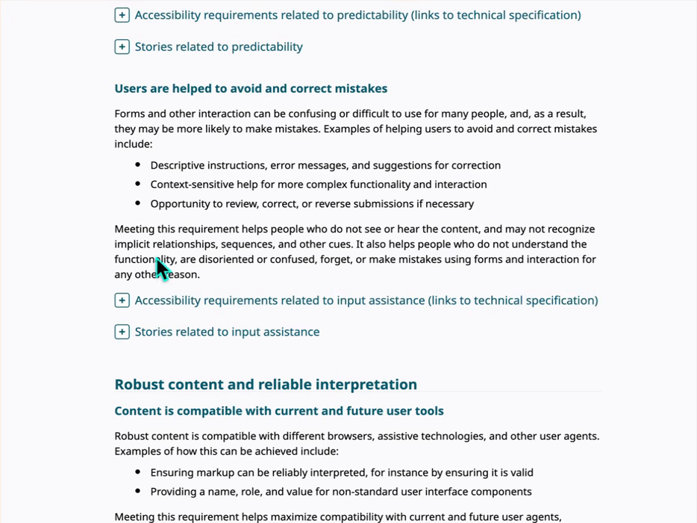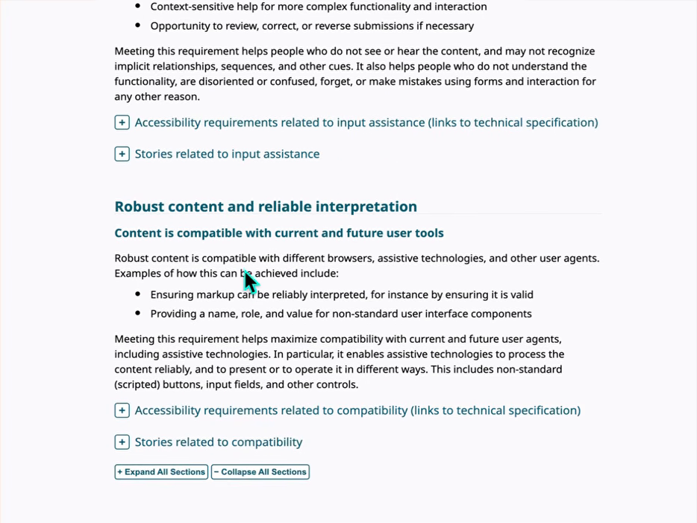Reading further, meeting this requirement helps people who do not see or hear the content and may not recognize implicit relationship sequences and other cues. It also helps people who do not understand the functionality, are disoriented or confused, forget or make mistakes using forms and interaction for any other reason. Okay, that's clear, right? Moving further,